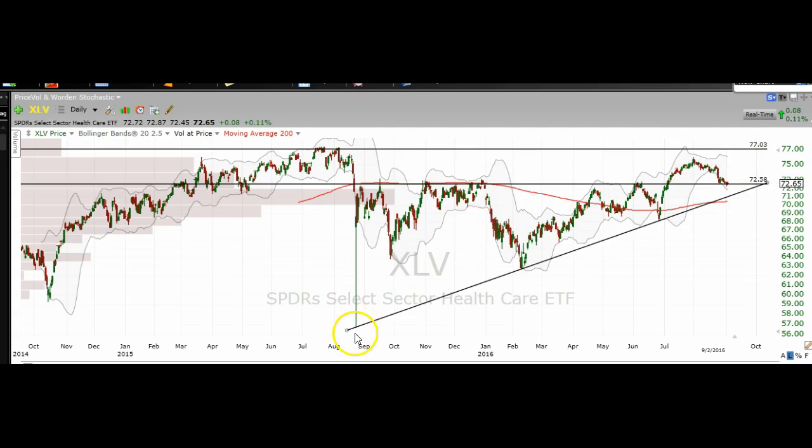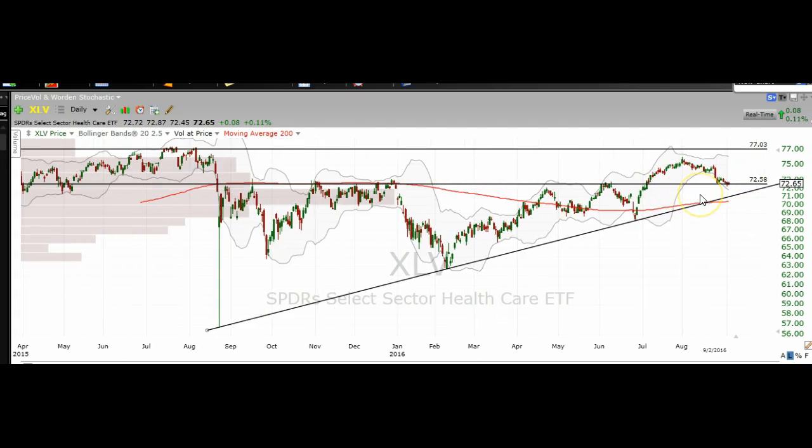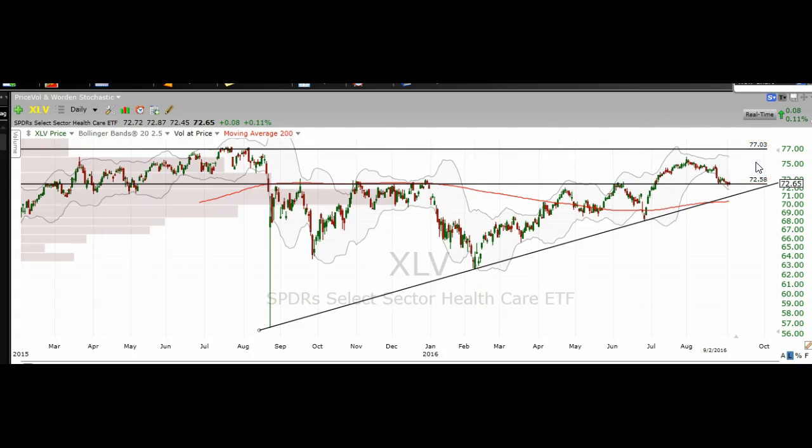We've also got this uptrend line right here, here, here, and we're coming up to this level right here. We've also got the upward sloping 200-day moving average, which is that red line right there. On the upside, we still have resistance from these highs over here at 77, but keep in mind, it's not as much resistance at this point as this was, okay? This was a big, big level, and we broke over it, okay? So 77, that's resistance, and above that, we're pretty much all clear. So let's go to the next chart,